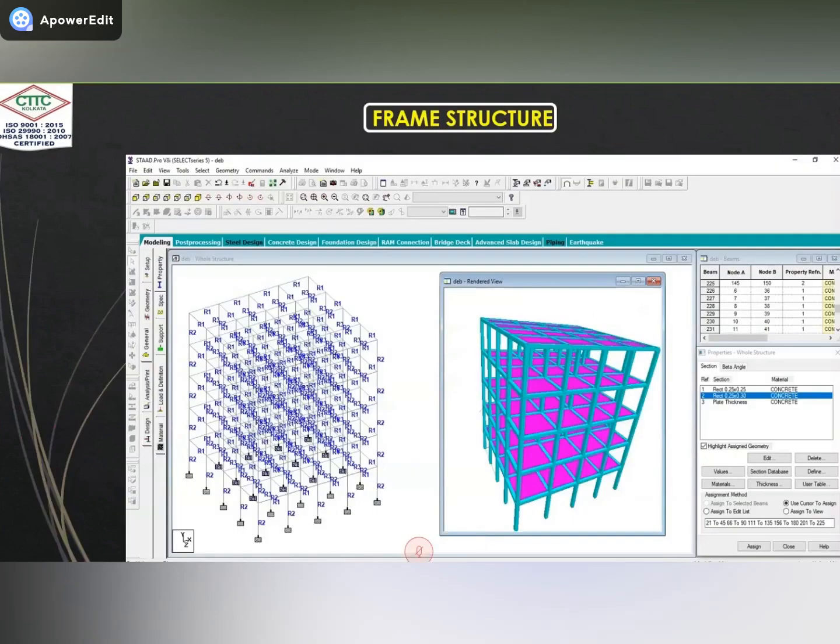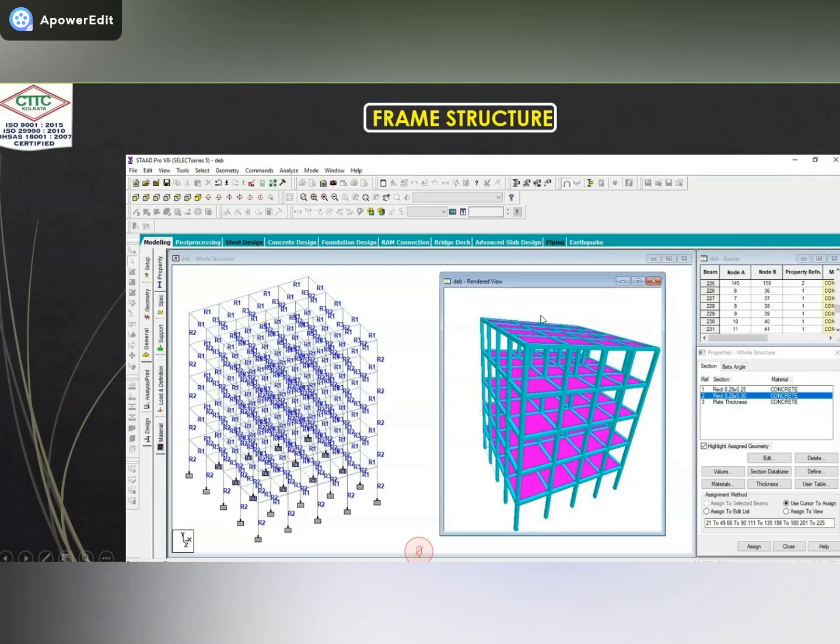Now see here, I am showing some examples. This one is the frame structure. If you want to make this frame with the help of the coordinate system, you can put it in, or you can use other tools to complete this structure. Here, this is StatPro. This one is called the menu bar. This one is called the toolbar. This one is the viewport.